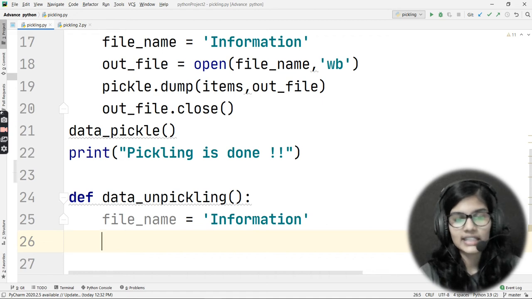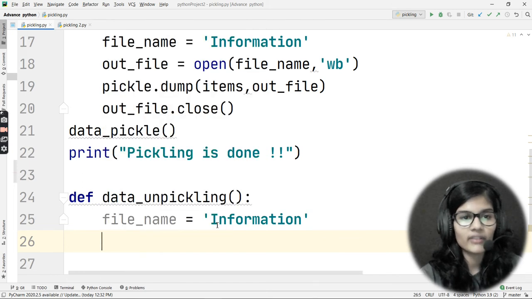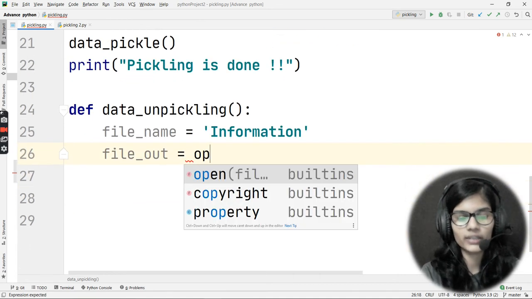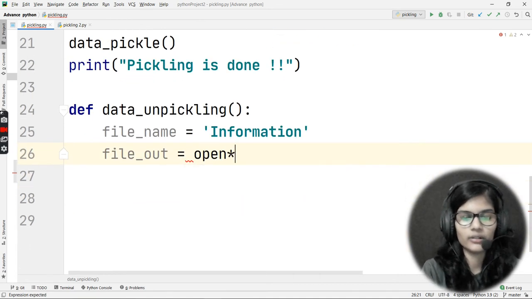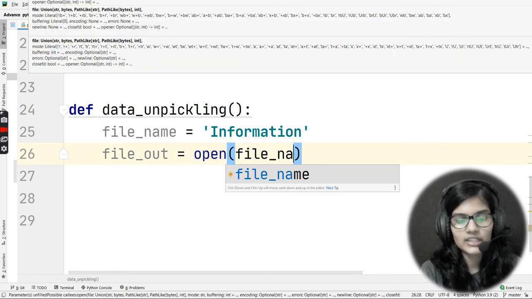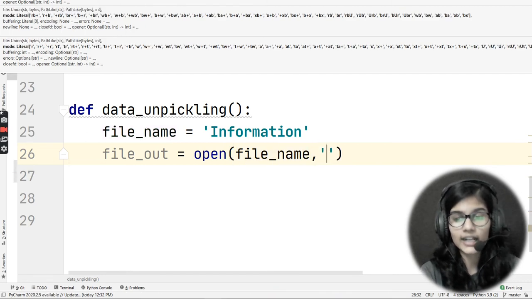I stored all of those things into this particular file. After this, how do we open that file? For opening the file, I could simply give a name here as file. Above I had written out_file; here I could simply write file_out. This variable will open my file for me. So open. Now what is the variable in which I have stored my file name? That is file_name, so I put that here. After putting a comma, I only want to read the things which I have in this file.